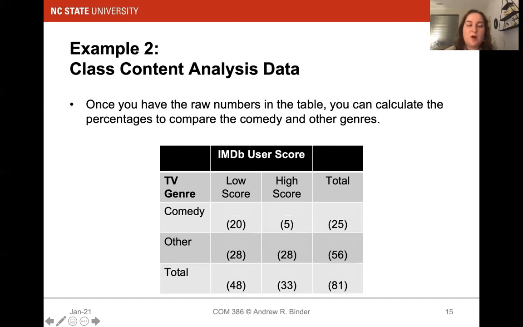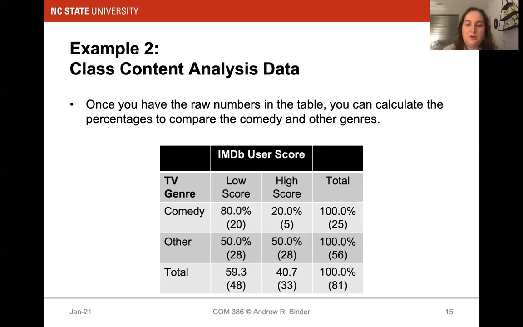So we've got all our raw data, but we again have to go a step farther and do percentages. And for our independent variables, we've got our 100% there. But again, we don't have 100% down here. We have 100% adding up our results together. So same thing here, if we want to directly compare percentages, we can see that even though there were more